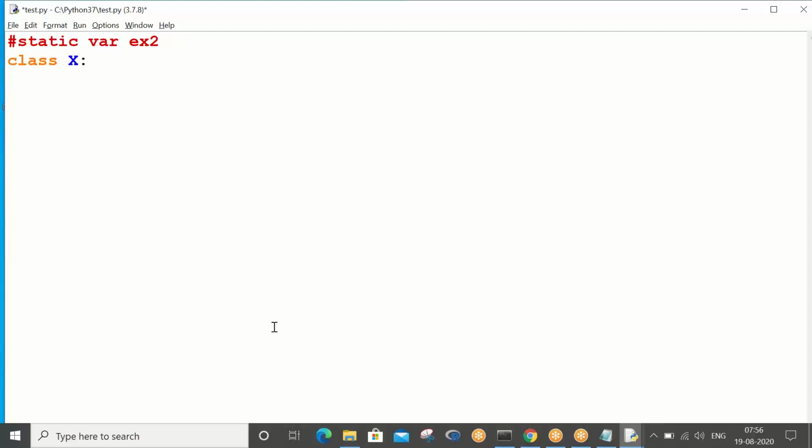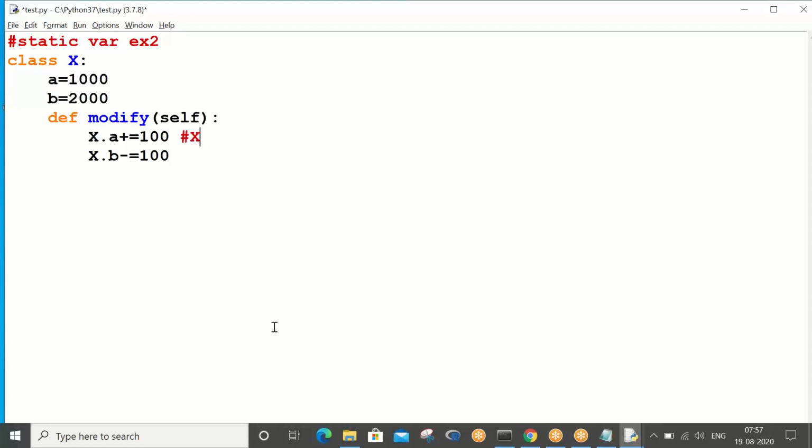Okay, so class X is my class name, A equals 1000, B equals 2000, right? def modify is the method I'm going to define, right? X dot A plus equals 100, X dot B minus equals 100, right? So what do you mean by this?